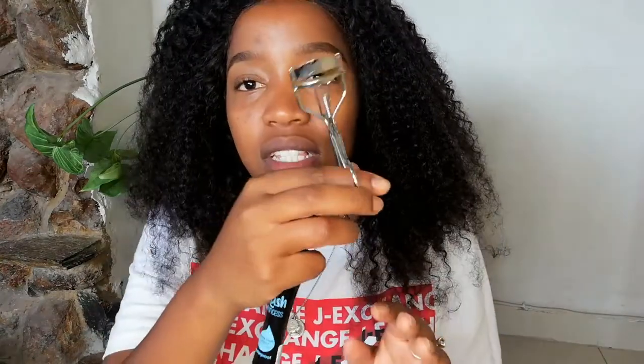So what I need is mascara, and this is the Lash Princess mascara from Essence. Very cheap, nothing over 80 rand I think, and it's really good. And then I have this lash curler which I got from Signature a very long time ago, but any lash curler will really do. So this is a tip for everybody with very curly lashes who struggles to put on false lashes. So I'm gonna put on a coat of mascara, and then y'all,